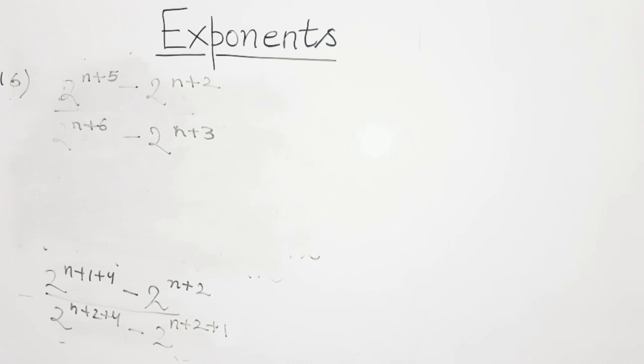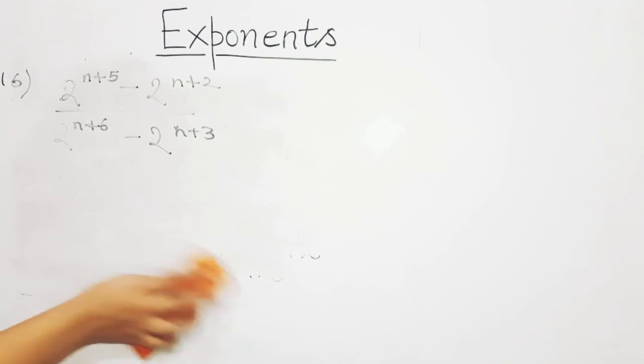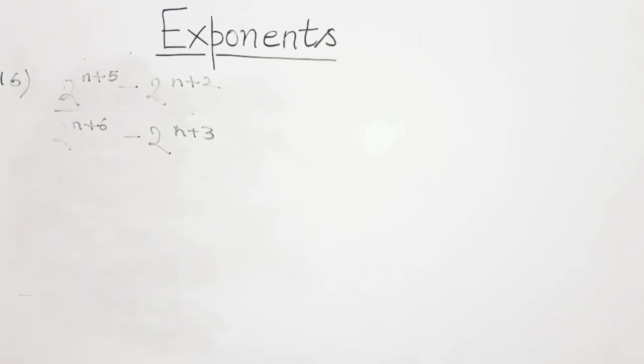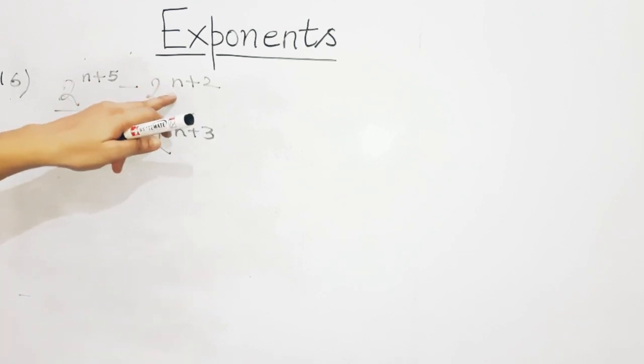यहाँ पे क्या common लिया जा सकता है in order to simplify and reduce it. So please pay attention students. So students, what can be taken as common over here? As you all can see, which is the least power over here? जो सबसे छोटी पावर होती है वही आप कॉमन लेंगे. So which power is the least power? यहाँ पे सबसे छोटी पावर कौन सी है? Which one is the smallest? n plus 5, n plus 2, n plus 6 or n plus 3? Obviously n plus 2 is the smallest power, the least power over here.